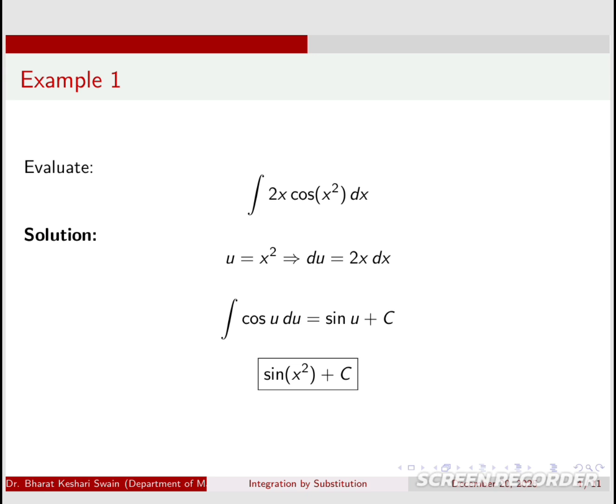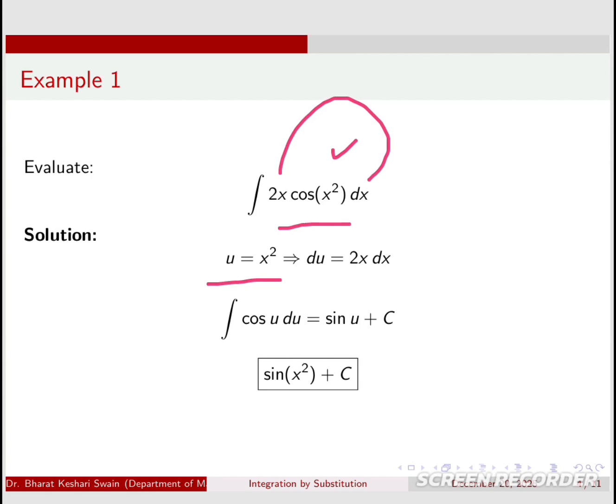This is one of the examples, how we can integrate 2x cos x square dx. So let's see here, cos of x square and 2x dx is there. If I put here u equal to x square, f of g(x), in the previous theory what we have discussed,